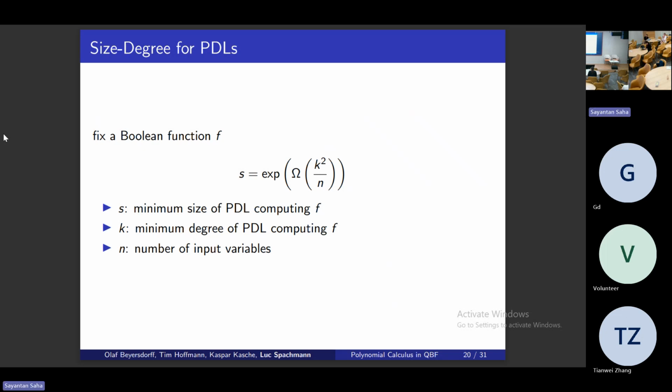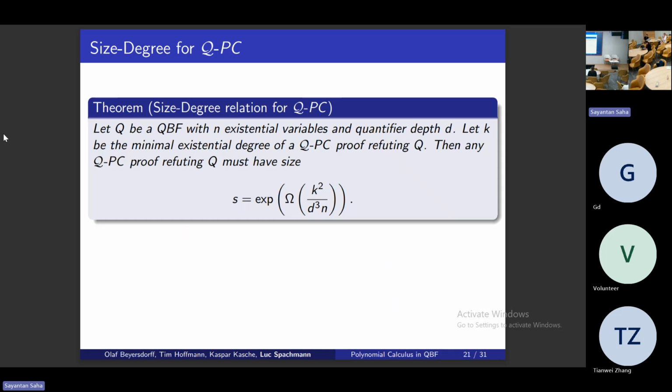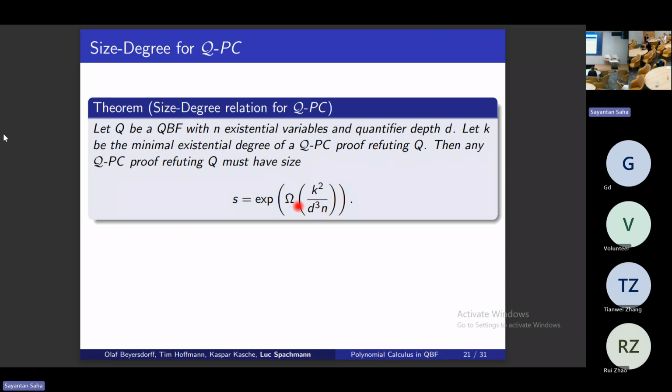Now we have also, from the result before, we know that long PDLs equals long PC proofs. So we have a technique to show long PC proofs, or QPC proofs in this case. We can also take the size degree relation and directly transform it to QPC, so we don't have to do it over the PDLs. There's an additional factor of d to the power 3 down there, but if we have a limited alternation depth in our family of formulas,